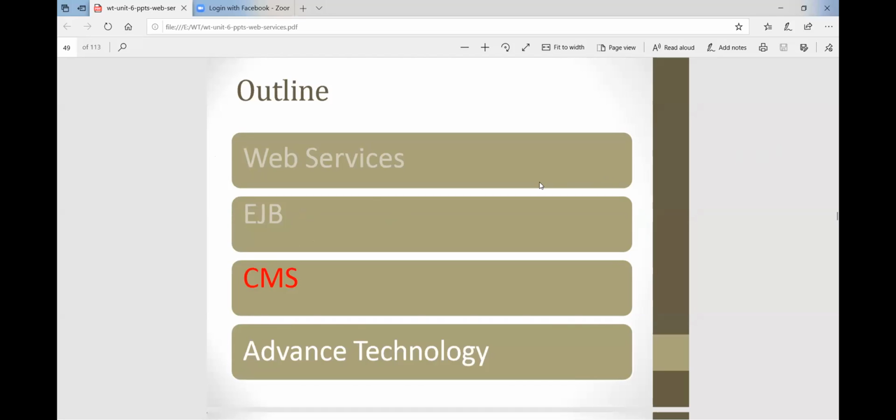Today we stop here on EJB. In the next lecture tomorrow we will learn about the CMS. So revise EJB, because in the next lecture I can ask some questions on it. You should know EJB, the architecture of EJB, the components of EJB, the services of EJB, and which protocols come under EJB. These are very important parts. So we stop here, and tomorrow we'll go through the CMS.